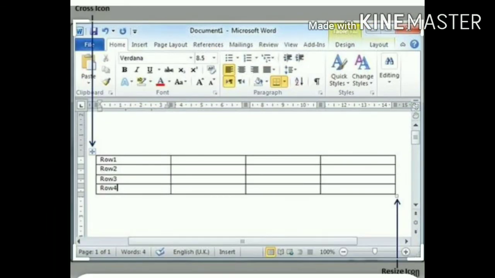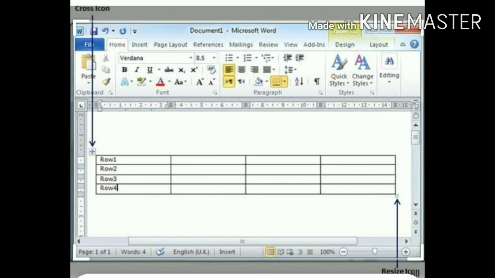How to move and resize a table? Moving a table. To move the table, follow the given steps. First, click on the table. You will then notice a plus sign at the left-hand top corner. This sign is known as the table move handle. Second, place the mouse pointer on the table move handle and drag the table to where you want by pressing the left mouse button. Third, release the mouse button, and your table is placed at the new position.